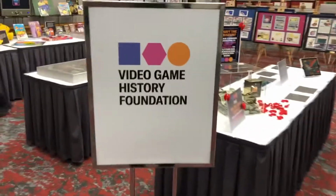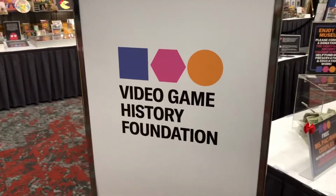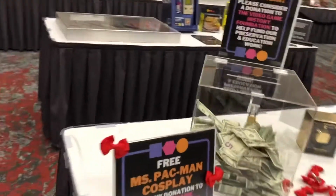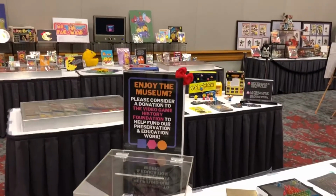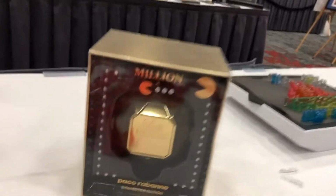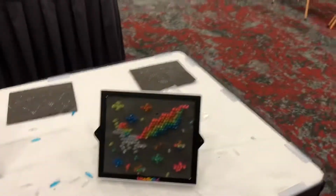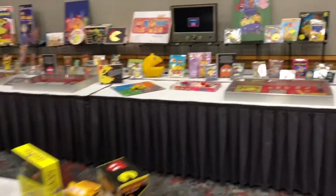And this is put on by the Video Game History Foundation. Very cool of them to bring all this stuff out for display and for fun and educational purposes. Pretty awesome. And you can give online if you're so inclined. All right, there you go, guys. The Pac-Man and Miss Pac-Man exhibit at Portland Retro Gaming Expo